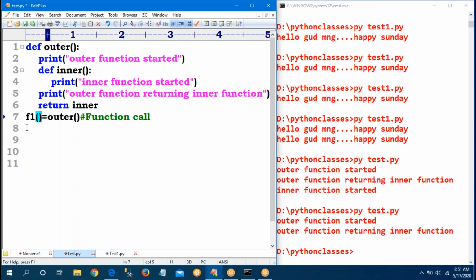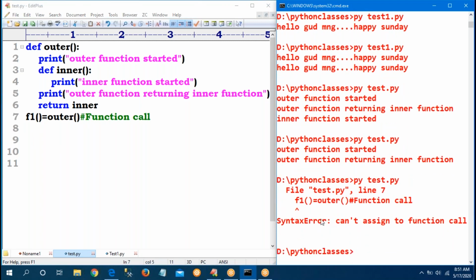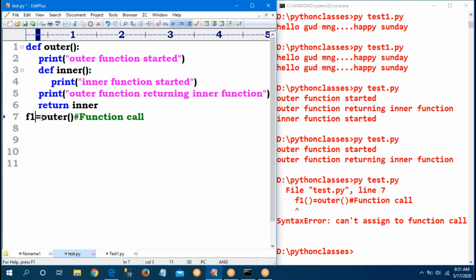Then it will give error, a syntax error, no chance. Just I have given a variable, an aliasing name only. With parenthesis, it will give an error.